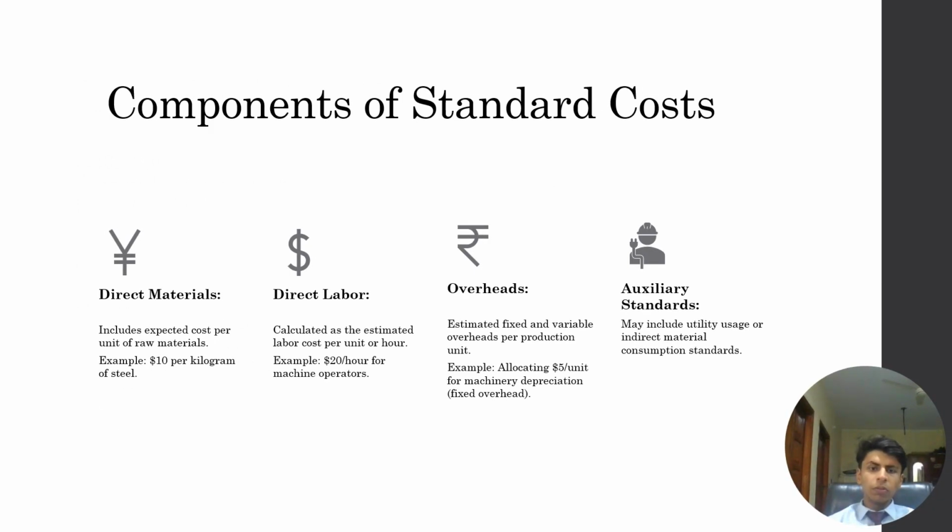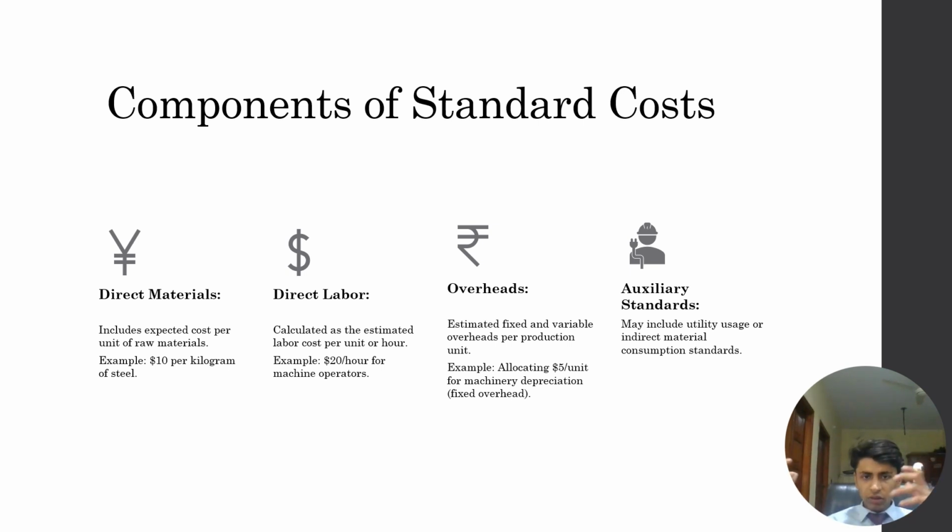Now talking about the components of standard costing, first of all comes direct material standards. The predetermined quantity and the cost of material required to produce a product is predefined. For example, 5 kg of material at $10 per kg is $50 per unit. Then comes the direct labor standard, the estimated time and the cost of labor required to complete 1 unit of product is already predefined. Then comes overheads,